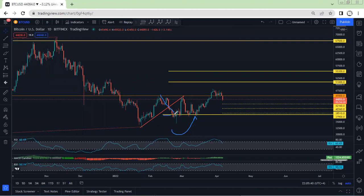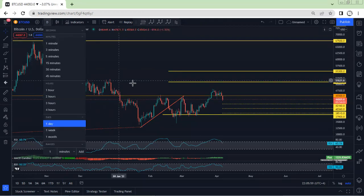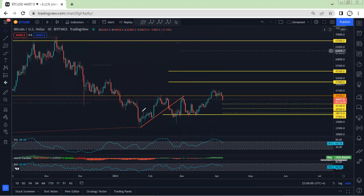37900 as a support. As you can see, the price couldn't break. Then we mentioned if we get any reversal, any opportunity for buy, we'll take it. And we have been looking to see the breakout of the 51, following by 55,300. That means we wanted to see the breakout of this. So, all right. Anyway, as we can see, we are still within this move, and now we want to see